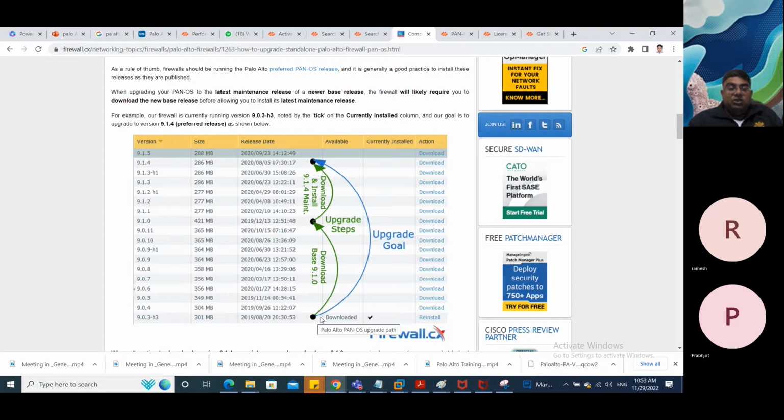Then you should go to the base version: 9.0 has the version 9.0.0 as well as 9.1 will have 9.1.0. So first you need to download and install this version, reboot the firewall. Then after that, you need to download this version and install. So two reboots are required